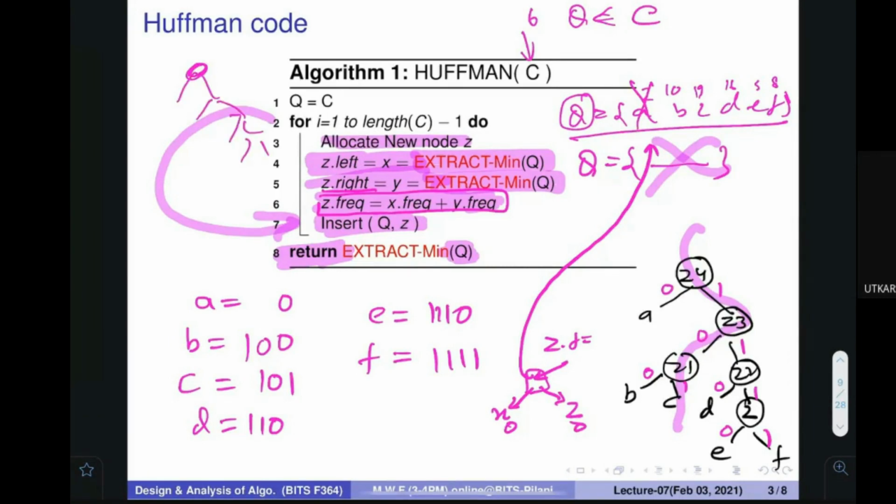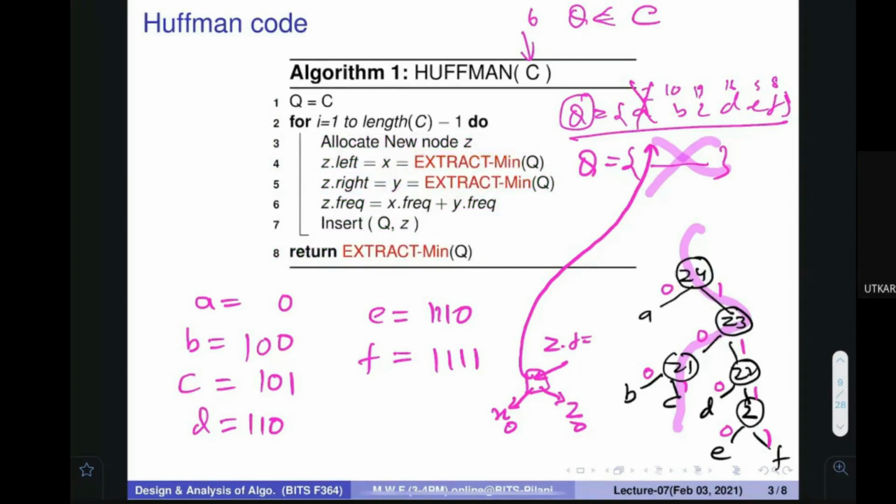Because whenever I remove something, after some time, when I am removing the last item, that would be the root. So I am ultimately going to give you the tree structure. Any question on that? Everybody understands that I'm going to create the tree structure? This last answer is going to give you the tree structure. Let me say yes.